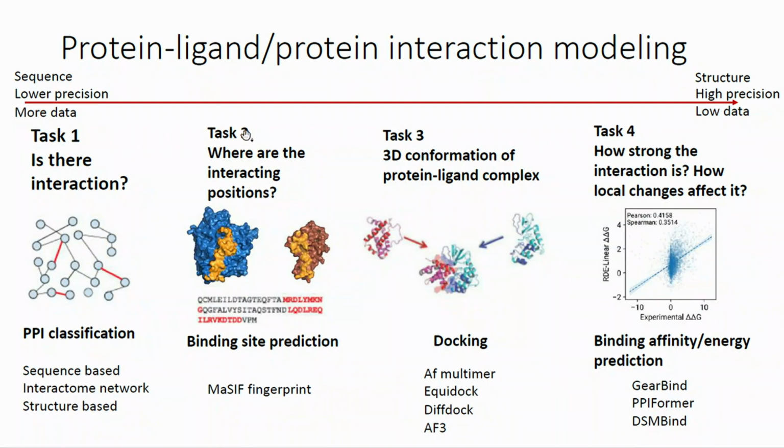So for example, on the left-hand side, if you just care about whether there's an interaction at all, we can use a lot of high-throughput approaches to give us already pretty accurate profiling of multiple proteins against multiple proteins. Versus in the middle stage, you will need some level of structure information. You kind of need to solve some complex in crystal form. And task 4 is even harder, where you have to measure this kcat, association constant, which usually can only be done with very low-throughput assays.